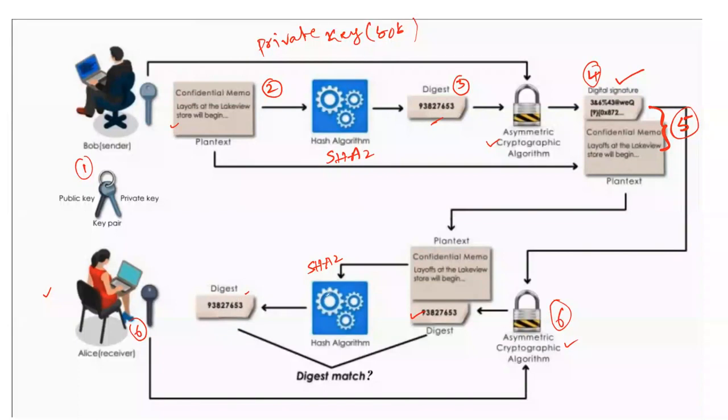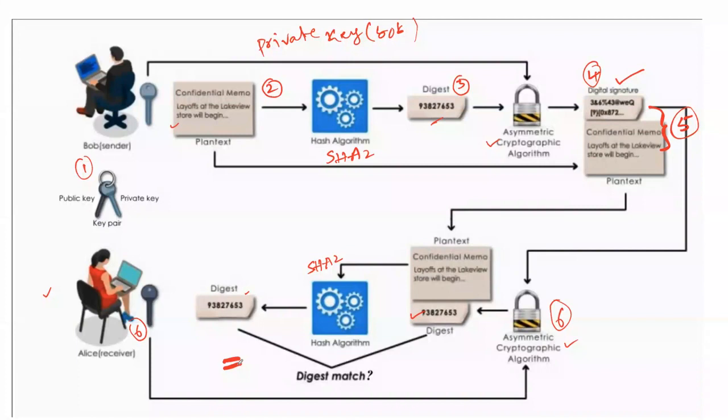Now the digest which is encrypted in the form of digital signature and the digest which is generated from this plain text by the receiver, if both are matching, that means the message is perfectly received without alteration. So when digests are matching, the message is perfectly received, which means what? It is achieving the data integrity